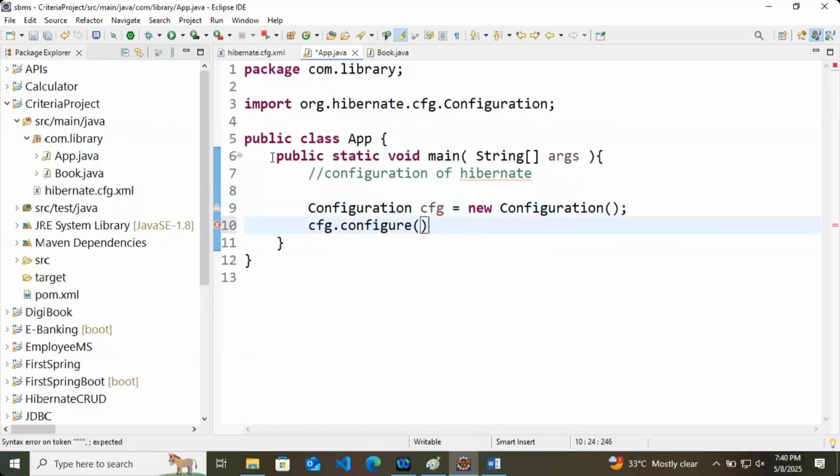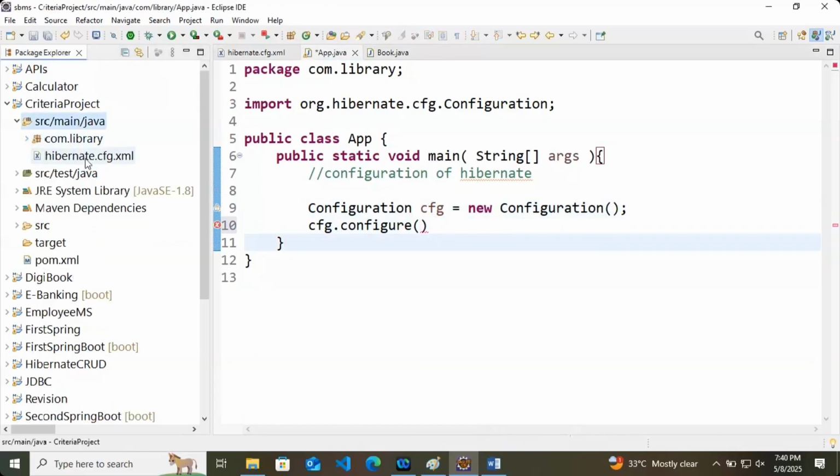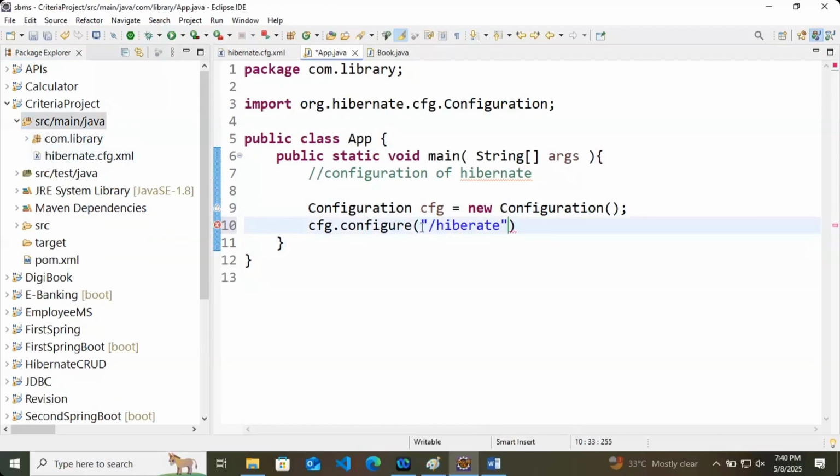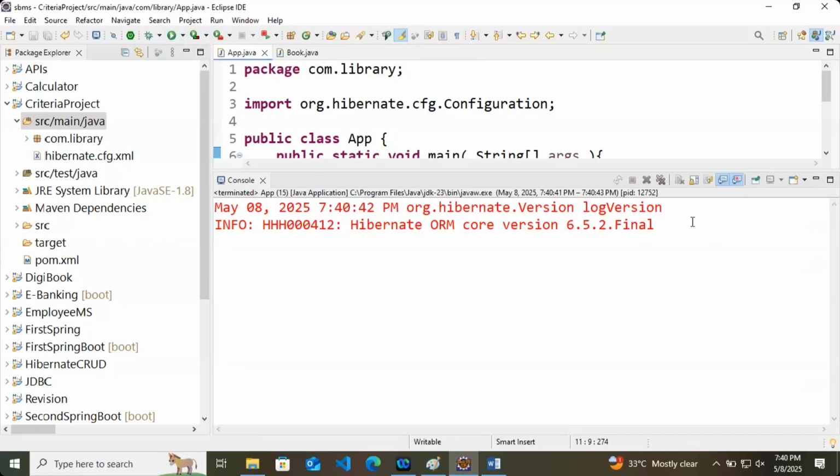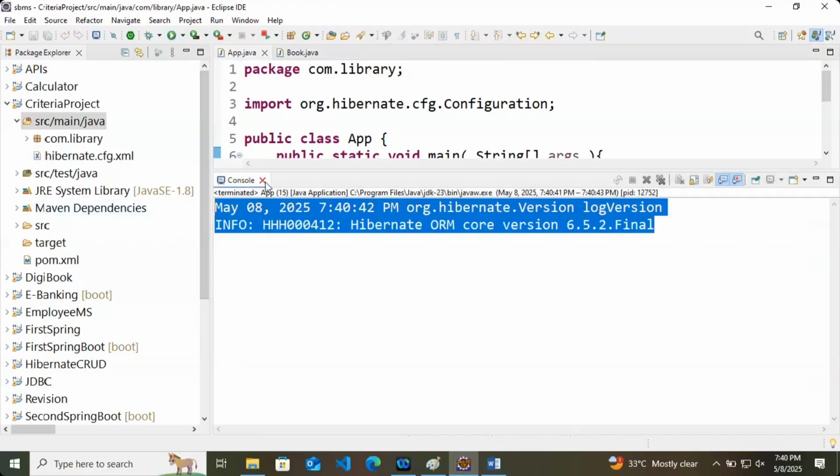The path hibernate.cfg.xml is directly available in src/main/java, so my path will directly start with slash and the file name, hibernate.cfg.xml. We'll start the application once. So we got this. Okay.